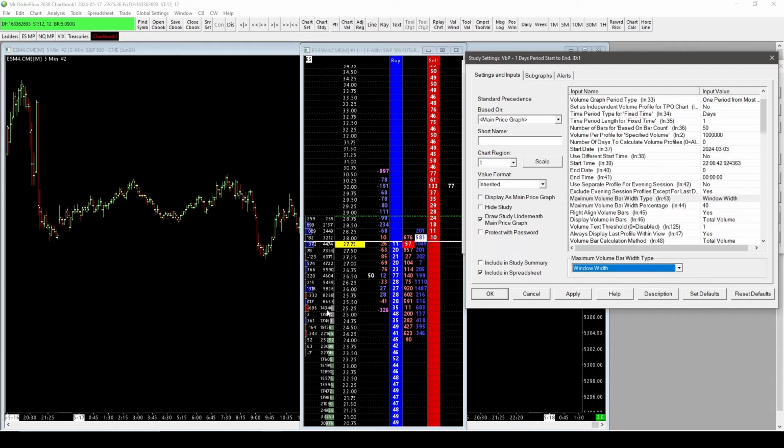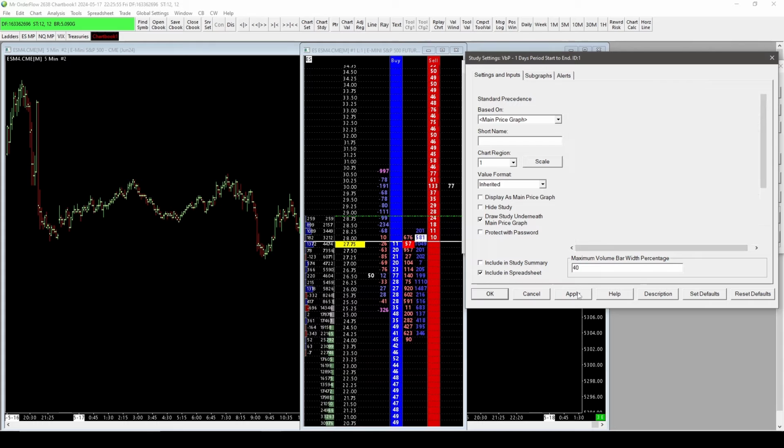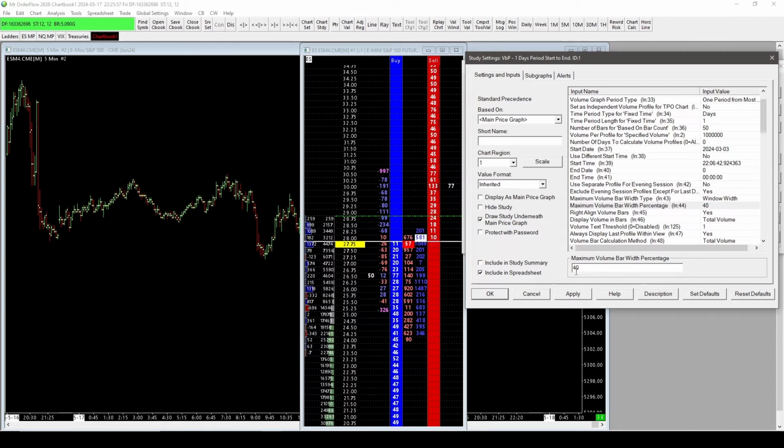So if I adjust this here, so we'll just adjust this to say, 70. I think 70 is the standard. If I adjust this to 70, it'll just extend the volume. So it depends on your personal preference. I typically like to have it a little bit less because if I have delta there, it tends to overlap a little, right? So set that to 40 or whatever your personal preference is, but that just extends the bars